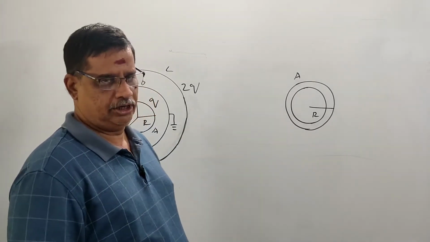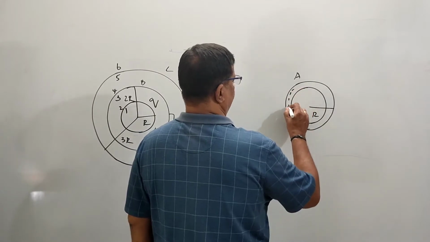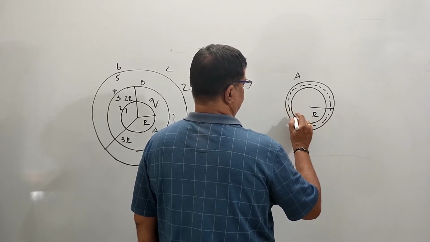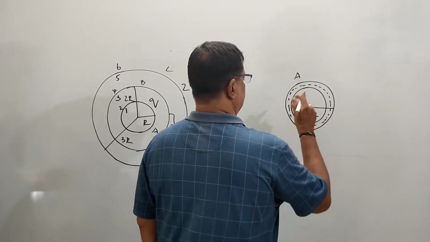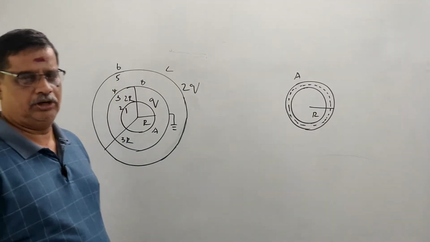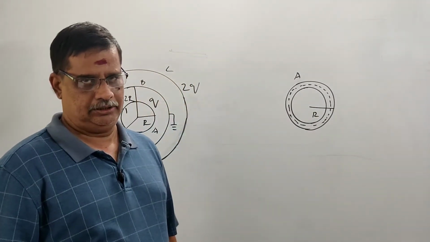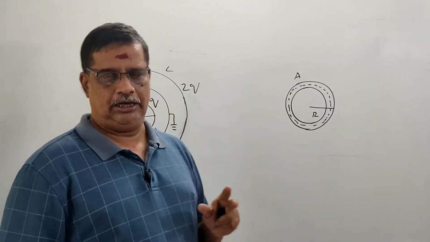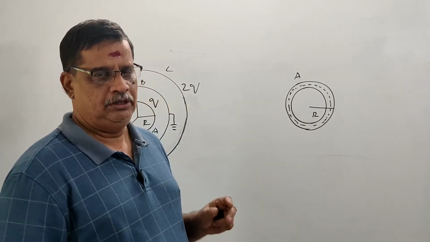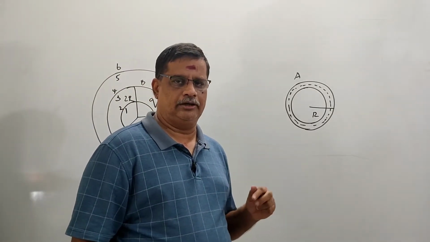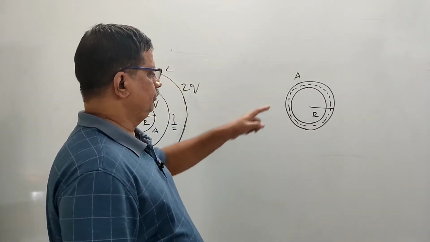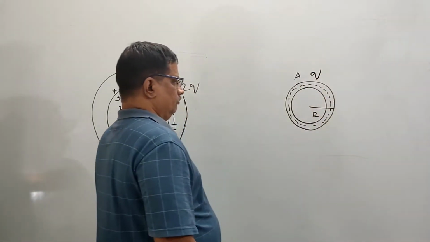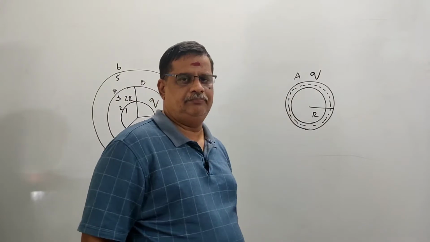For that, I will draw a Gaussian surface through the material of the shell A. This is the Gaussian surface drawn by me through the material of A. And you know that there is no electric field inside a conducting body under static condition, and therefore this Gaussian surface should enclose zero net charge. We have studied this principle in electrostatics. So you have given a charge Q, and clearly that charge should be on the surface, because the net charge enclosed by the Gaussian surface should be zero.